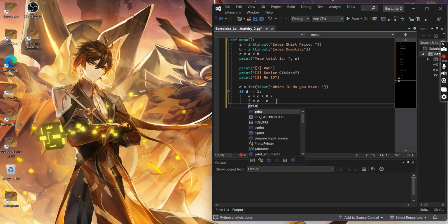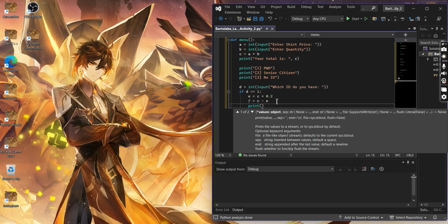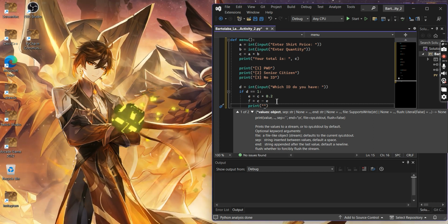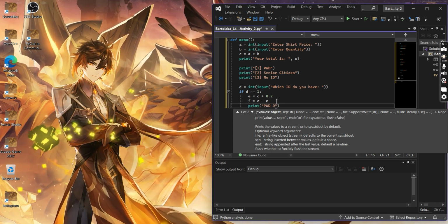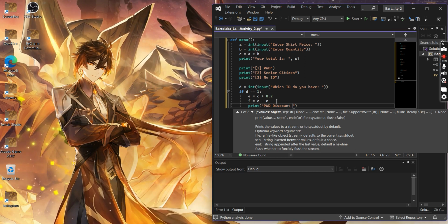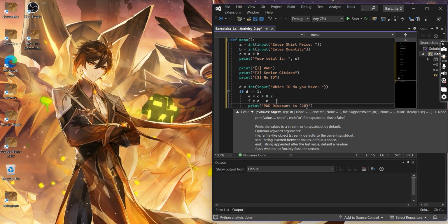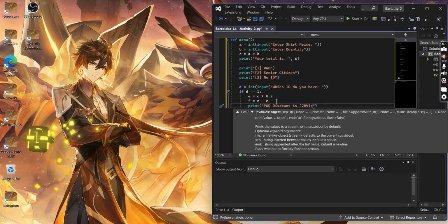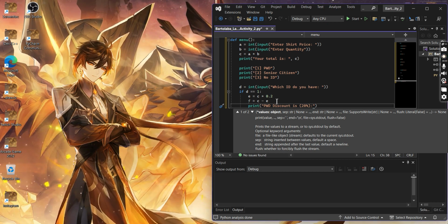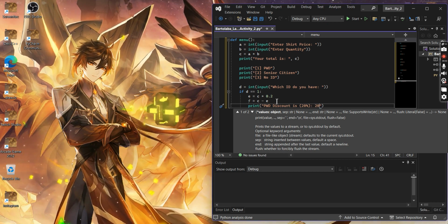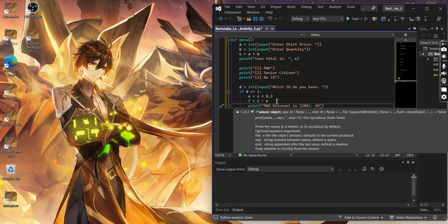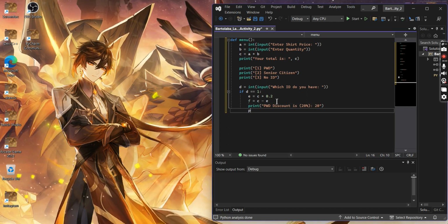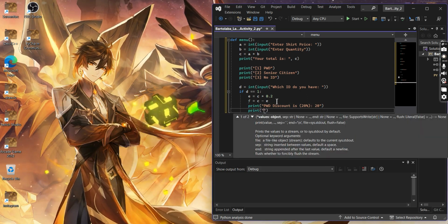So next is we are going to print, since 1 is PWD, we are going to display PWD discount is 20%, and 20% of 100 is 20. Next, we are going to print